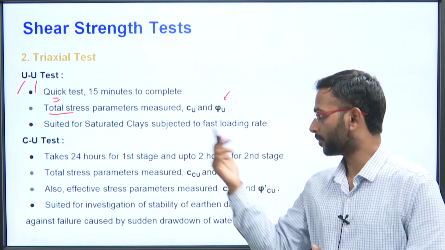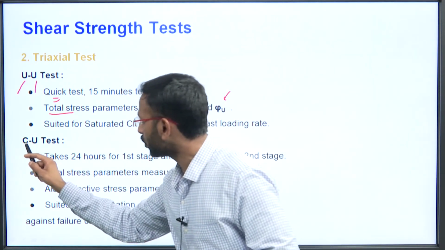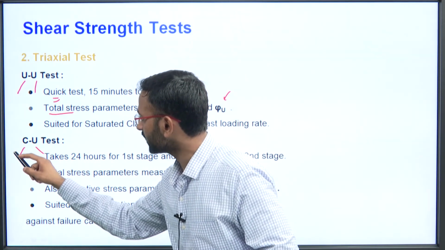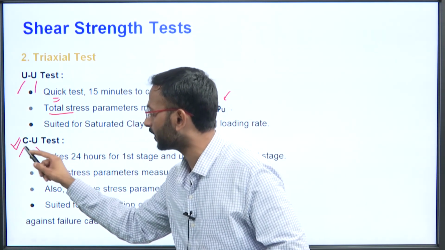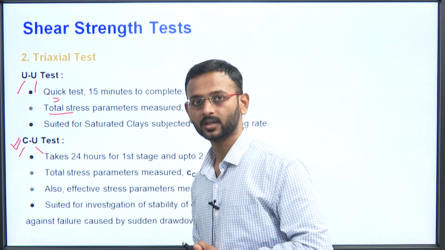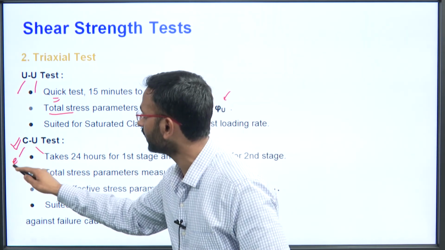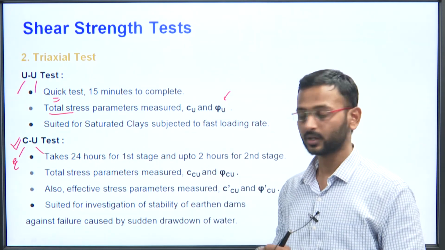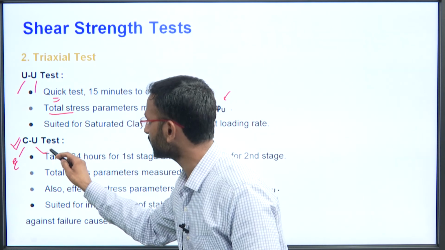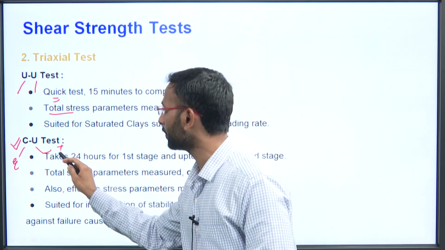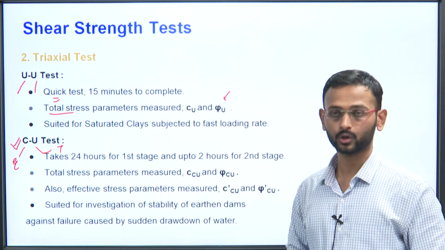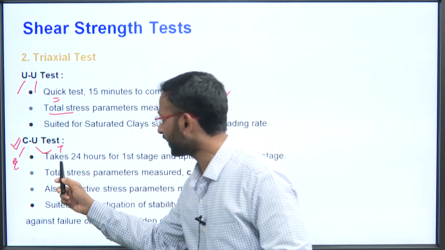अगर हम पानी को अलाउ कर देते, जब हम नेक्स्ट स्टेज में देखेंगे, समझिएगा इस चीज़ को, कंसोलिडेटेड और अनड्रेन्ड, यानी पहली स्टेज में हम पानी को पास होने दे रहे हैं, अनड्रेन्ड दूसरी स्टेज में हम पानी को पास नहीं होने दे रहे हैं। तो जब हम पानी को पास होने दे रहे हैं तब हम यहाँ पे इफेक्टिव स्ट्रेस पैरामीटर्स का यूज़ कर लेंगे। अच्छा, जब दूसरी स्टेज में पानी को नहीं पास होने दे रहे हैं तब यहाँ पे हम टोटल स्ट्रेस पैरामीटर्स को यूज़ कर लेंगे।